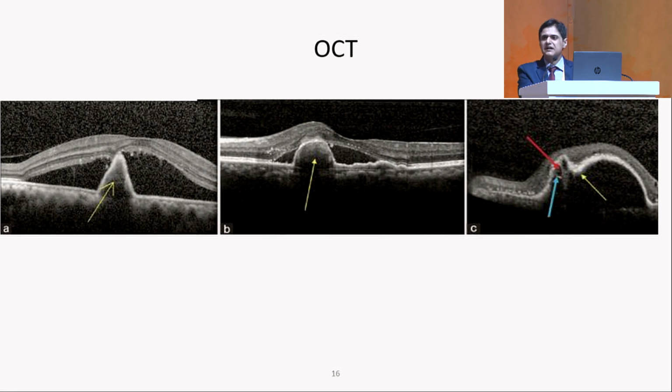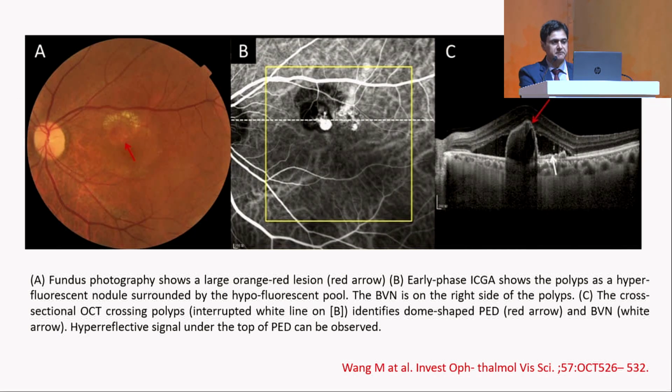So these are some classical signs on OCT which give around 80% specificity and sensitivity, and which show that there is probably a PCV lesion present. These are tall PEDs, thumb PEDs, large PEDs, notched PEDs. They are usually associated with a polyp which is present at the edge of the PED or just underneath the PED.